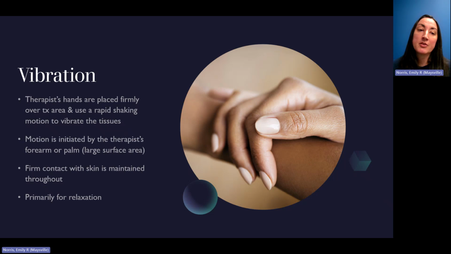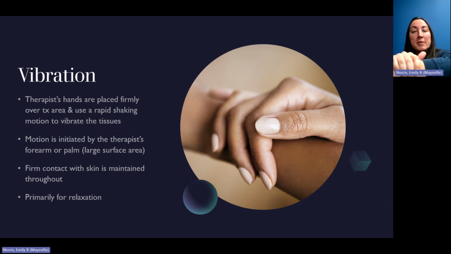Vibration, you typically use the therapist's hands firmly on the treatment area and use rapid shaking motions to vibrate the tissue. The motion is initiated by the therapist, either their forearm or their palm, a larger surface area. So it's similar to those oscillations that we've learned before that help with pain gating and help with relaxation,